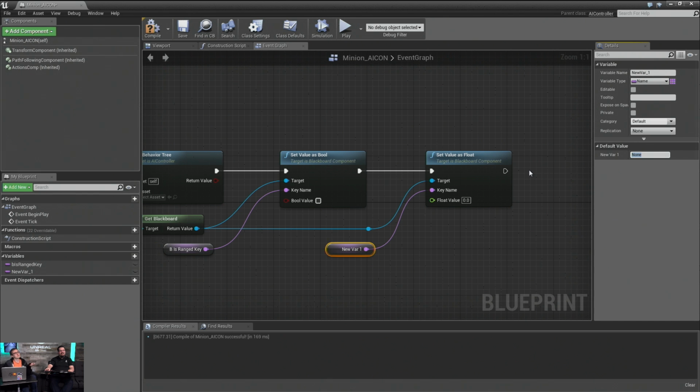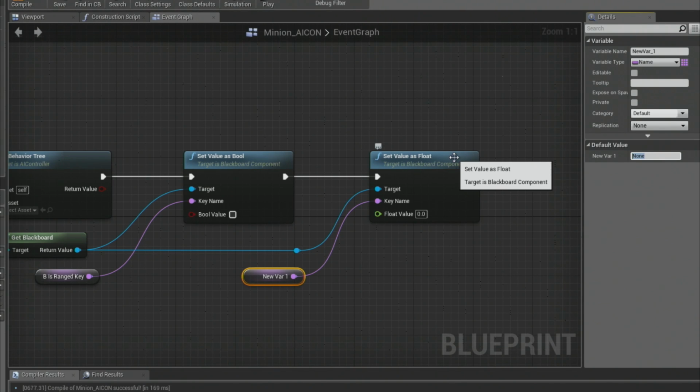That means that this is why you can use the same behavior tree for both, because this Boolean that we're going to feed into it, we're basically going to call it back later as we're doing all these checks. And if it's ranged, do these checks. If it's not, do these other checks. And even if they weren't the same Blackboard, as long as the keys were named the same, they would continue to function.